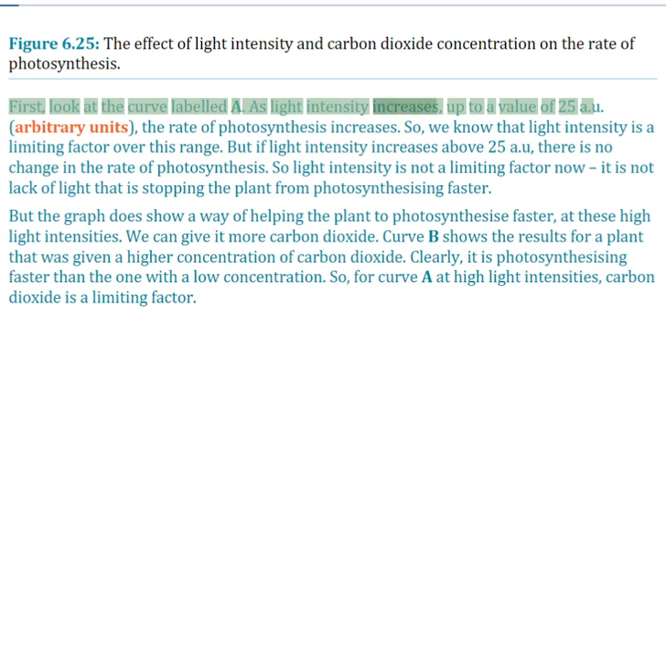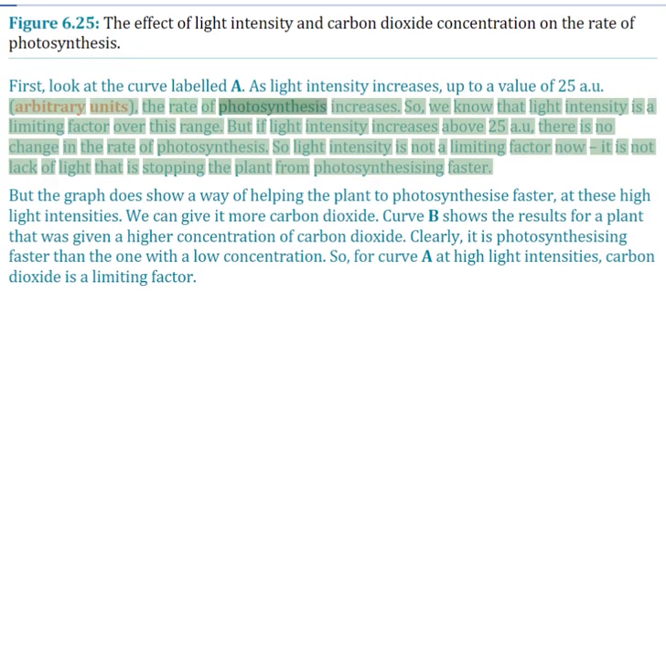As light intensity increases, up to a value of 25 AU, the rate of photosynthesis increases. So, we know that light intensity is a limiting factor over this range. But if light intensity increases above 25 AU, there is no change in the rate of photosynthesis. So light intensity is not a limiting factor now, it is not lack of light that is stopping the plant